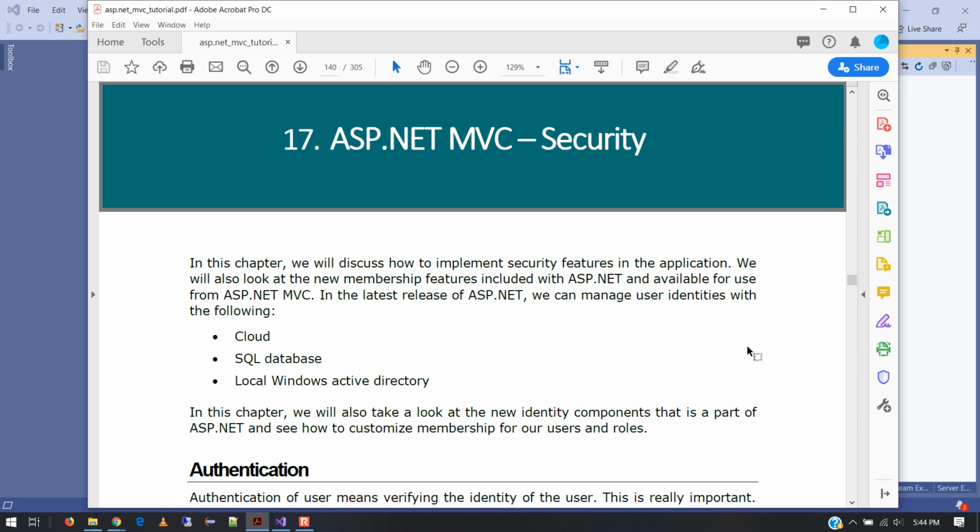The author makes a little bit of a note here. He says in the latest release of .NET we can manage user identities with the following: the cloud, a SQL database, or local Windows Active Directory. And some of those are kind of a little sketchy. First of all,